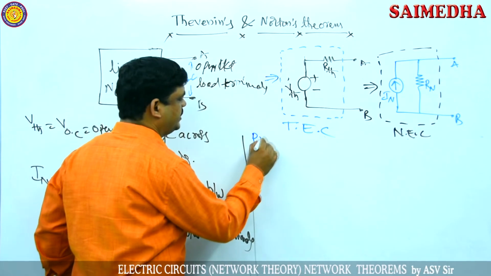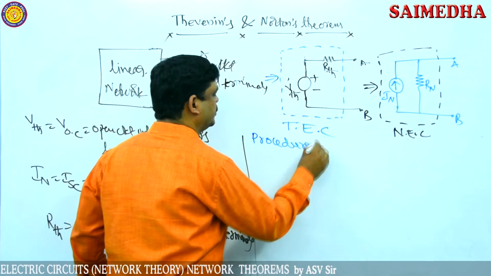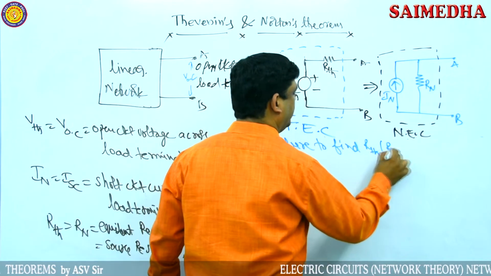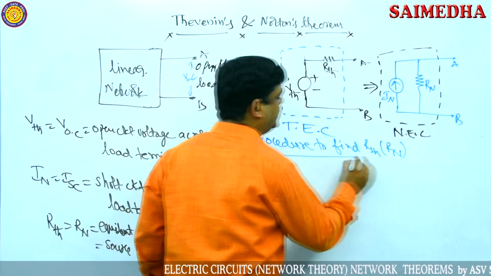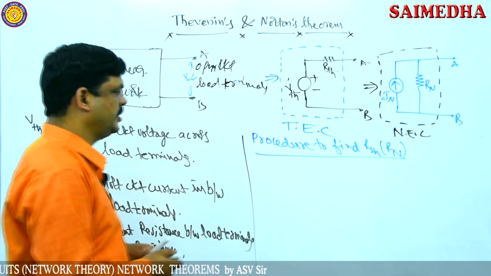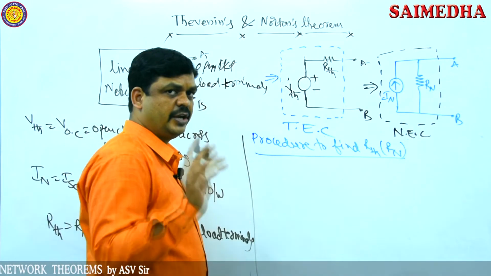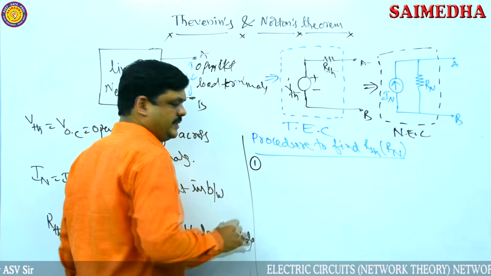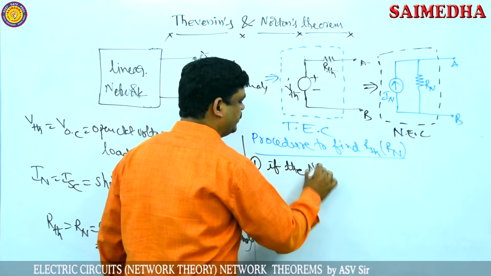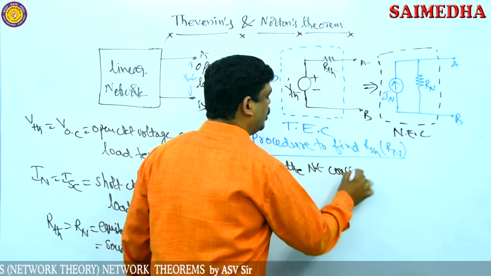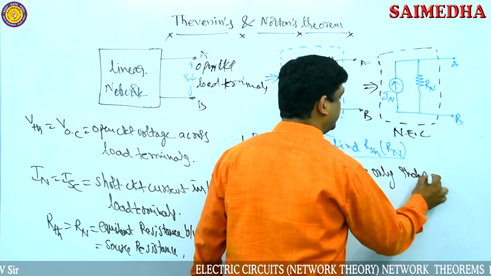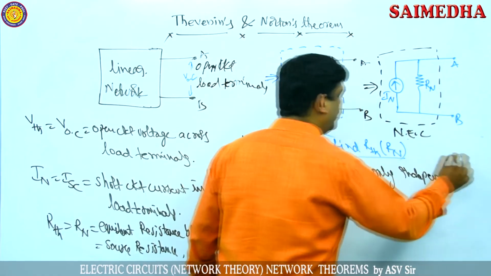The procedure to find RTh or RN, both the same, Thevenin's resistance and Norton's resistance. Here two procedures are there. One is, if the network consists only independent sources, this is important,